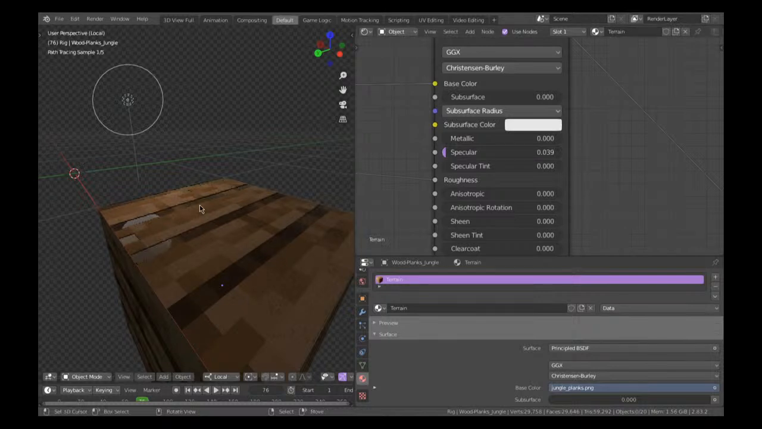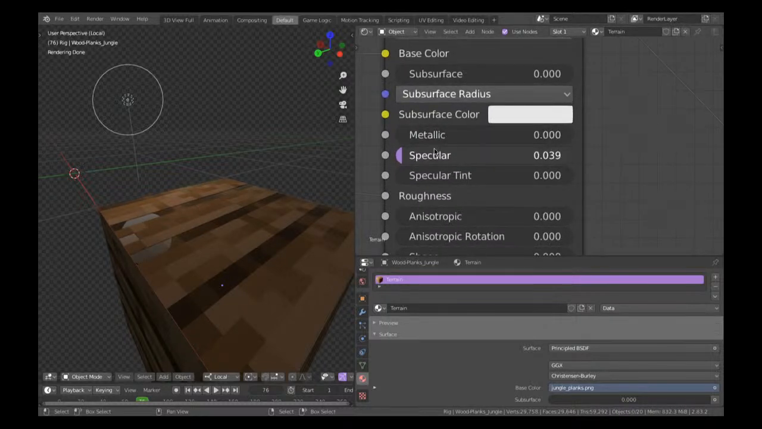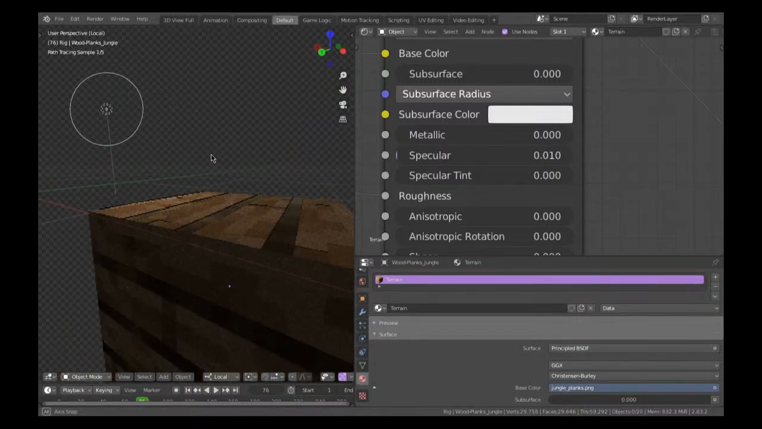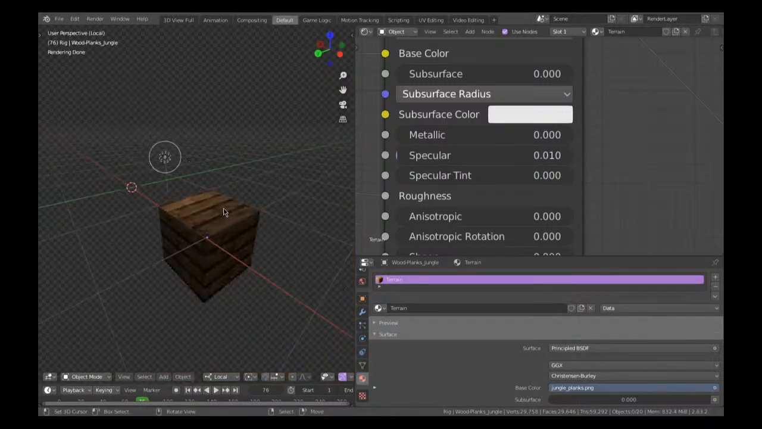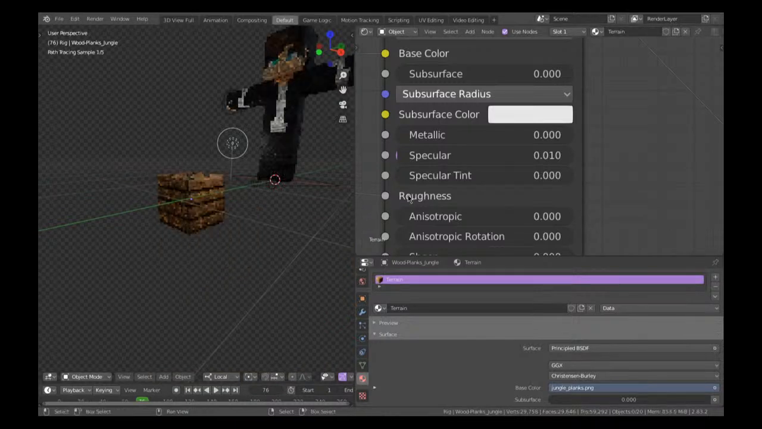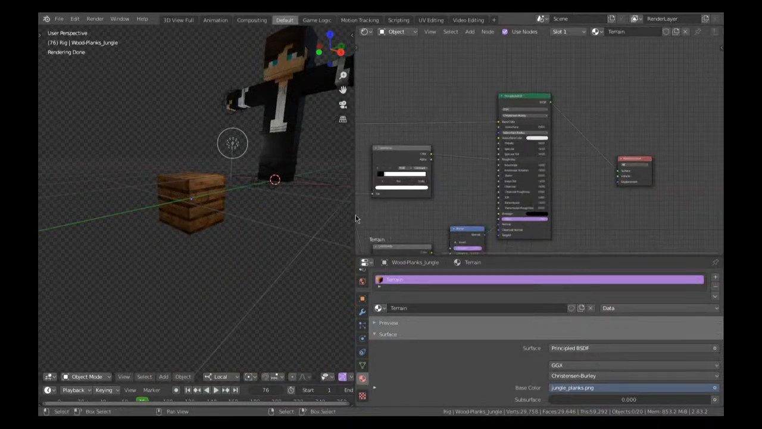Quite low, because I don't want it to be too reflective. We might go with 0.1. Yeah, somewhere around there's good. Okay. So now that we've got that done,